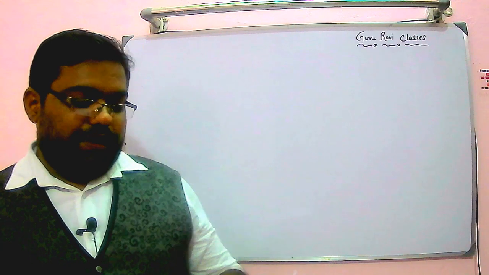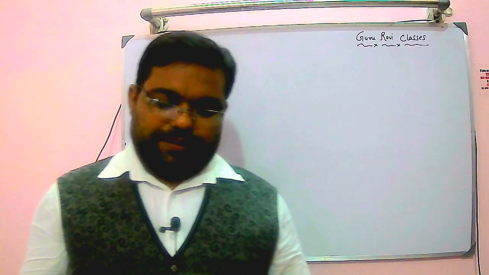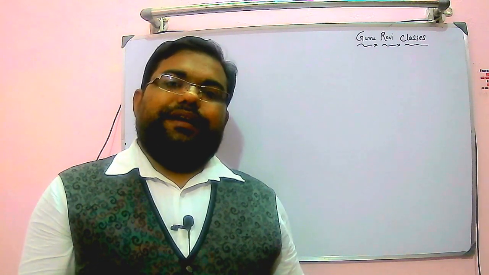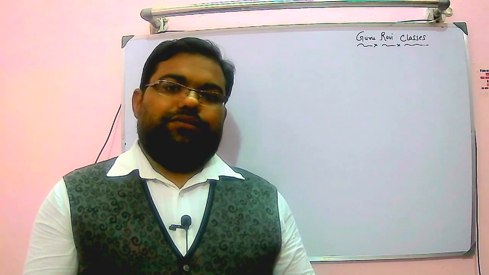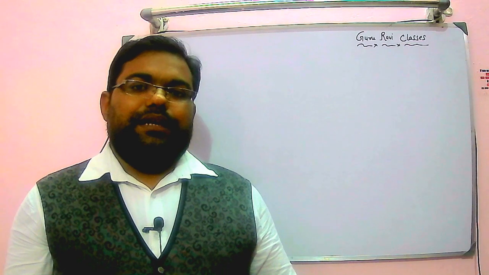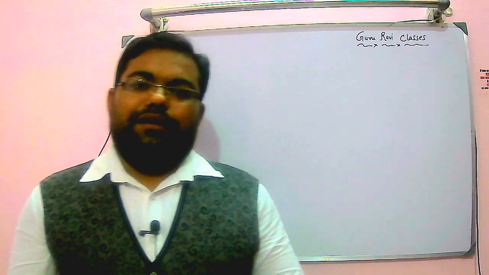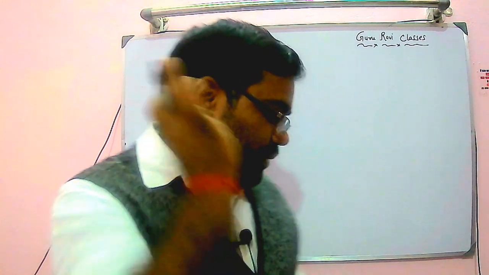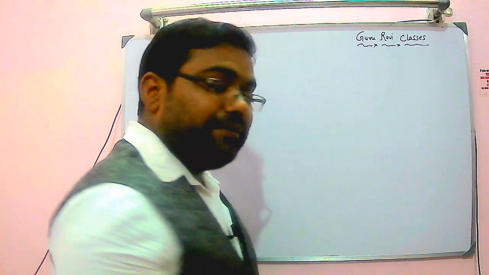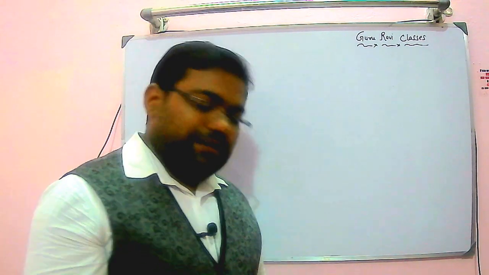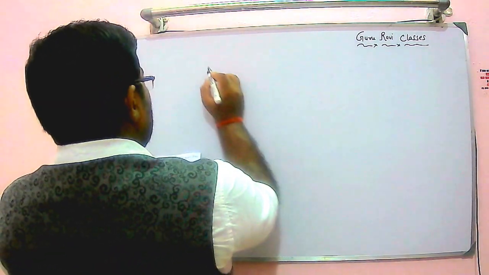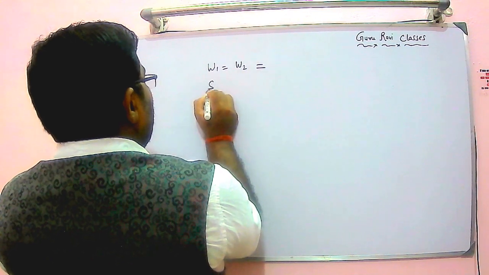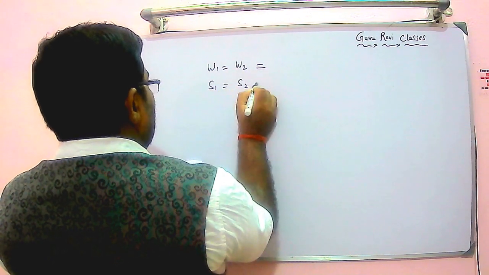For one it is 14 meter, for another it is 20 meter respectively. Determine the difference in geometrical angles of attack. We need to find out the difference between the geometrical angles of attack for the two aircraft. So let's take what all things are given. Two aircraft are given, both are comparable, right? So for both, W1 is equal to W2 is given, wing area S1 and S2 both are given.